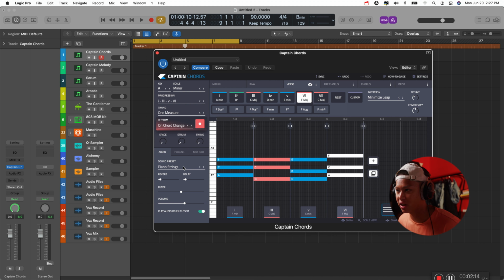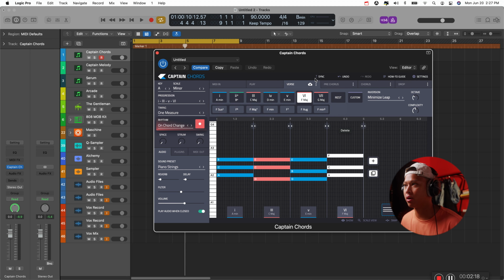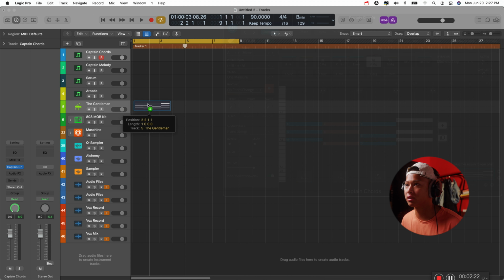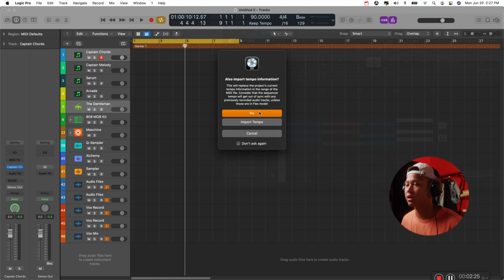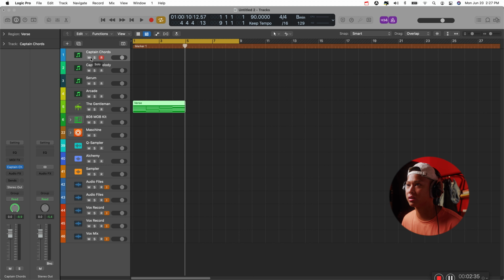And I can change the sound of it as well, or I can just pull the MIDI out by dragging this. And if I want to use it in a different instrument, I just do that, and boom, I have those chords in MIDI, and I can use it in any instrument that I want. For example, this one, which I'll get to in a second, but real quick.